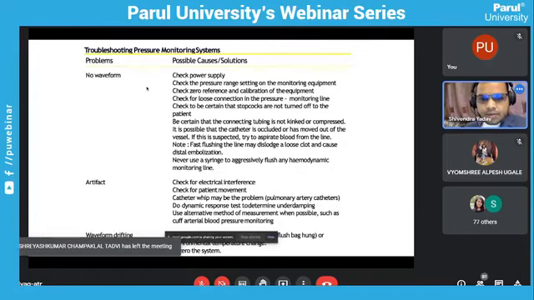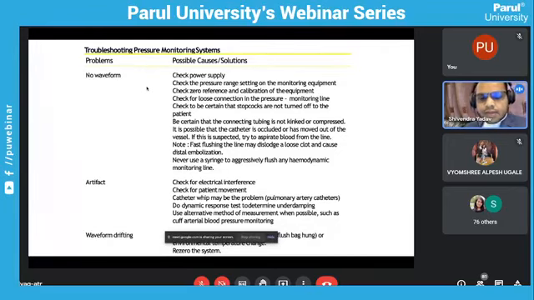Okay, then it is possible that the catheter is occluded or has moved out of the vessel. Now you may be recording cardiac pressure, but the catheter has moved out of that particular chamber and hence you are not getting the pressure. Other possibility,